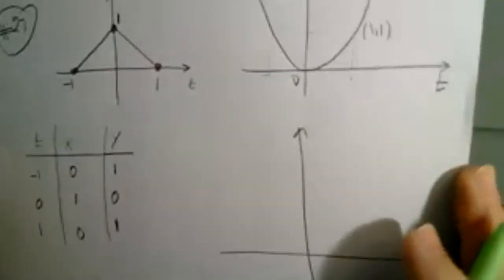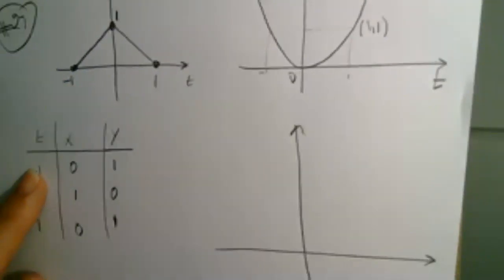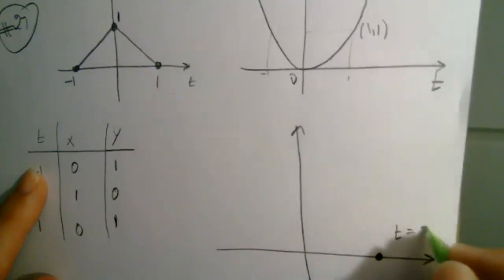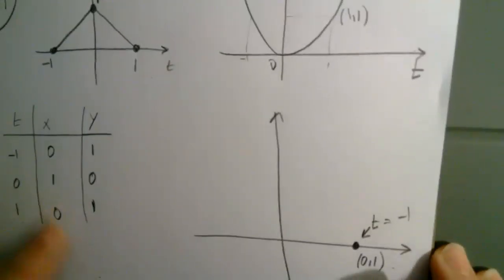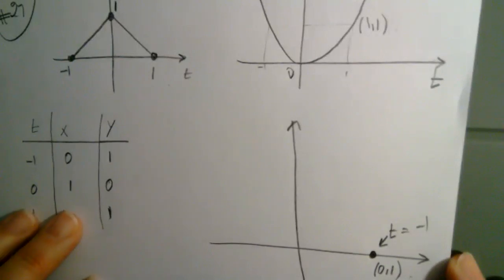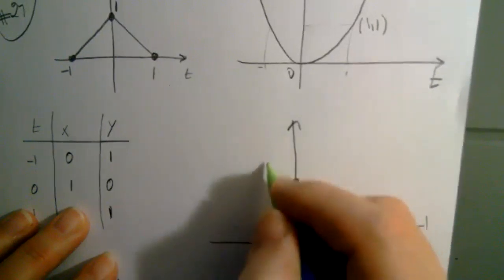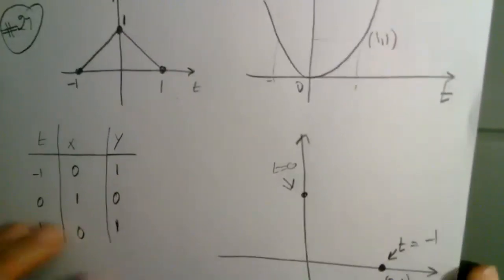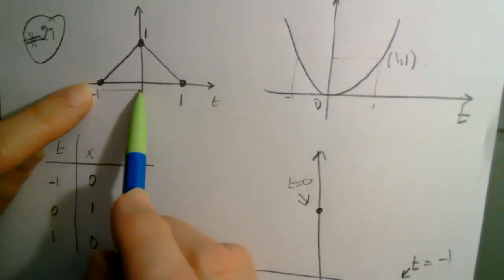Now let us put the whole thing together, graph and values. All right, let's see what's going on. When t is -1, x is 0 and y is 1. So I am right here. That's the point 0, 1. And then what's happening? At t equal to 0, I am at 1, 0. So at t equal to 0, I am right here. And what's happening in between? Between -1 and 0 up to here,